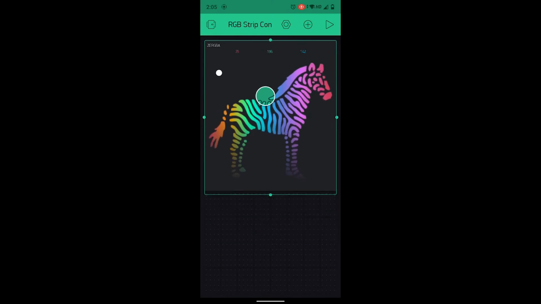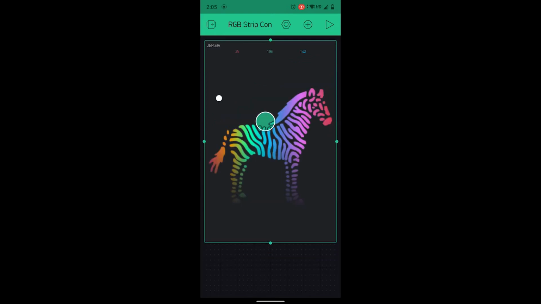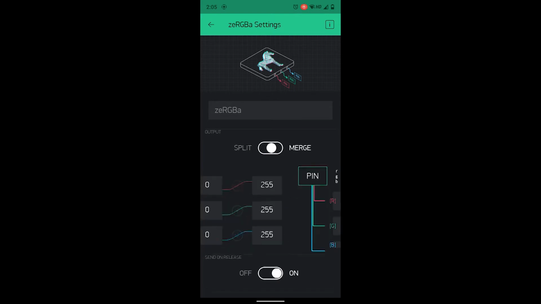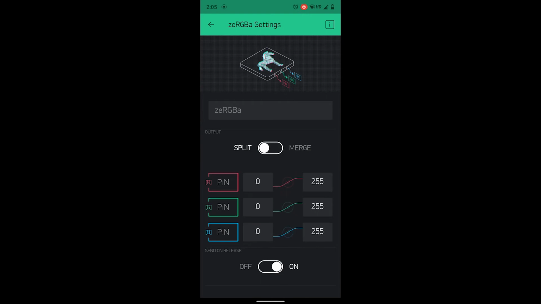Drag those dots and resize the zeRGBa widget as per your liking. Once you do that, tap the zeRGBa widget once more. This will open up the sub menu where you need to set the pin numbers. Just a point to note, have the output type set to split only. Do not set the output type to merge.